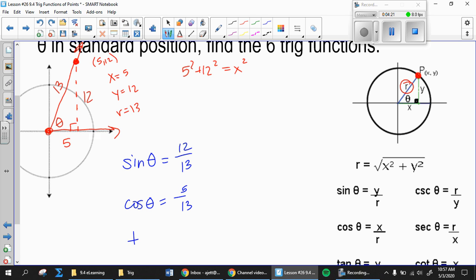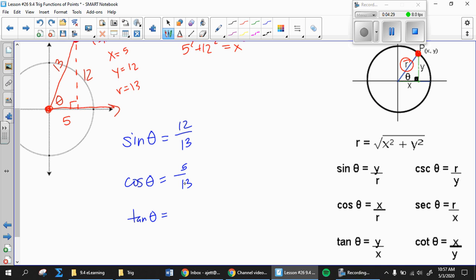And finally, tangent, which is opposite over adjacent, in this case is going to be our y over our x. And so it'll always be the same: y over r, x over r, y over x. And so we get 12 over 5. And then if we want to do their reciprocals, cosecant of theta is just the opposite, 13 over 12. Secant theta, reciprocal of cosine, so 13 over 5. And cotangent of theta, reciprocal of tangent, so 5 over